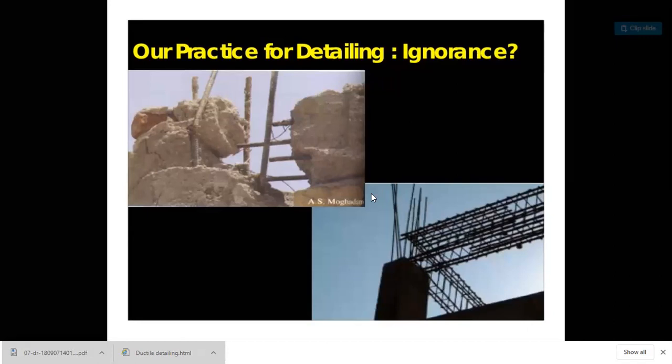For that purpose we have to make sure that the concrete material as well as the steel material are in a proper way. You can see in the first picture there is no bond between the steel and the concrete, that is a weak bond. The concrete and the steel are away from each other, and that bond is going to be reduced, and then the ductile nature of our structures will be reduced.